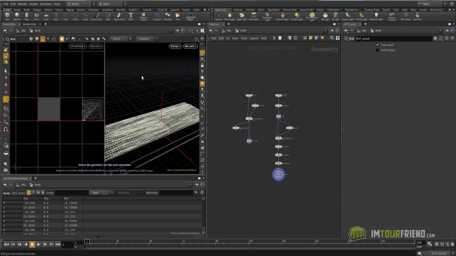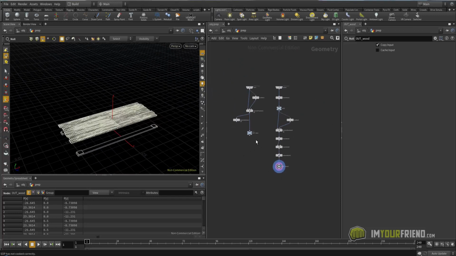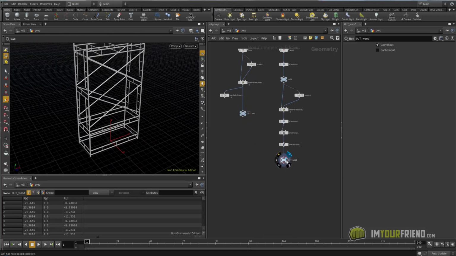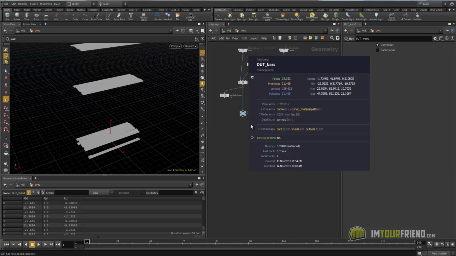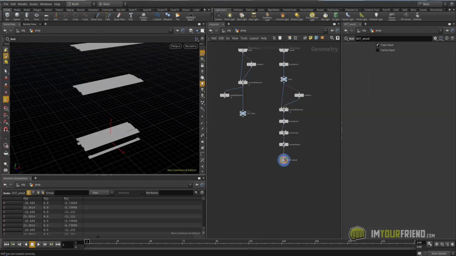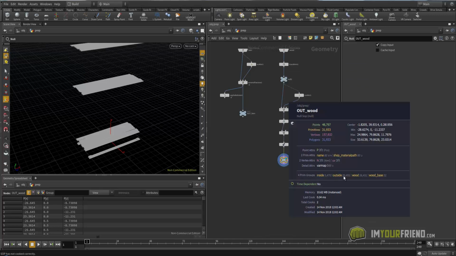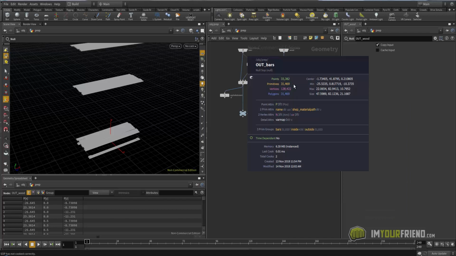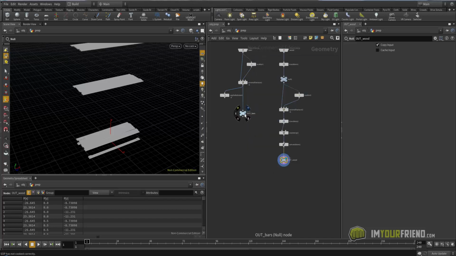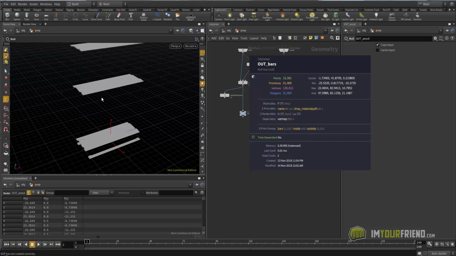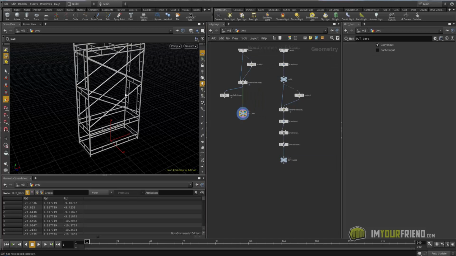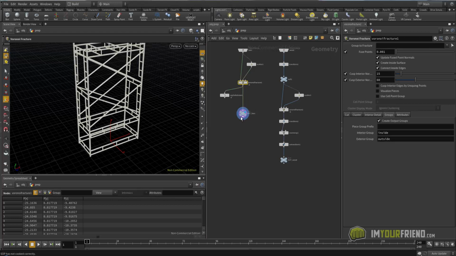So Control 1. All right. Here's the bars fractured up and outwood. So let's middle mouse click, just double check. Bars inside, outside, outwood, inside, outside wood base. So all the attributes seem to be good. Point counts are good. So you notice the inside and outside for the bars, but since we're going to be welding those together, and we don't see the inside faces, we don't really need to manage those, so that's fine. All right, let's save it.